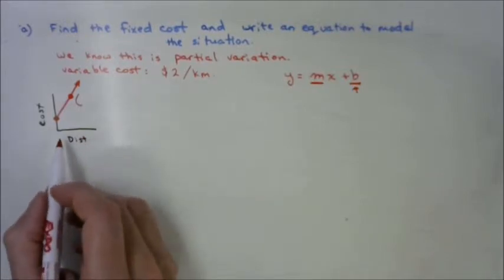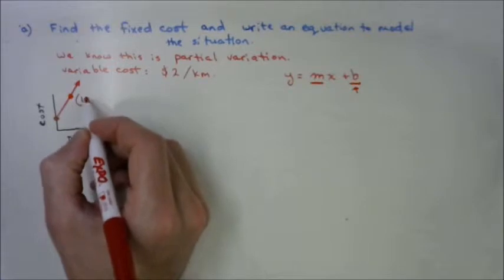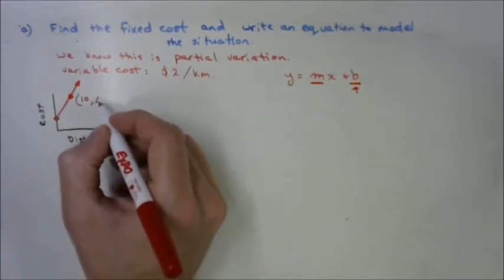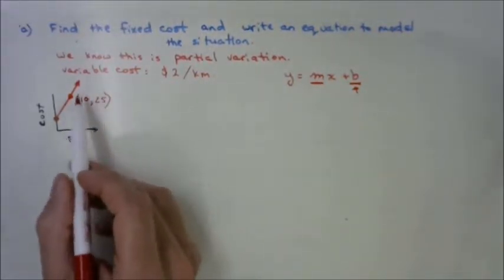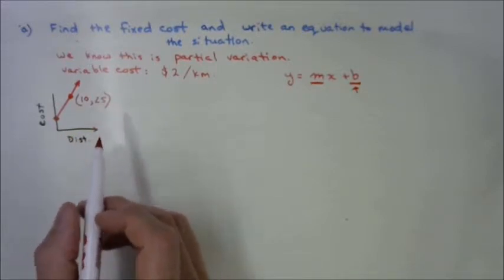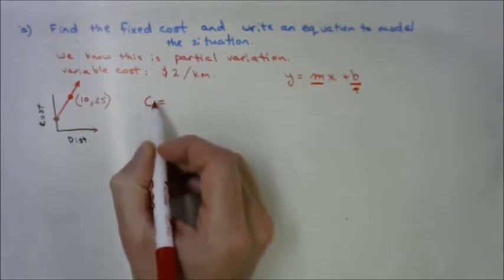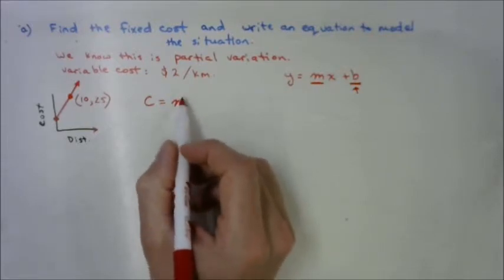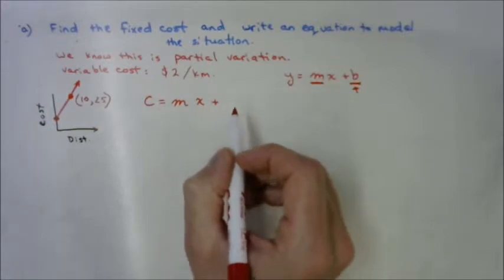How far does she travel for work? 10 kilometers. So our horizontal coordinate is 10. How much does it cost her? $25. Okay? So we actually know this as well. So what can we do with that information? Well, if I rewrite my equation relating cost to my slope, or my k, constant of variation, times x plus,